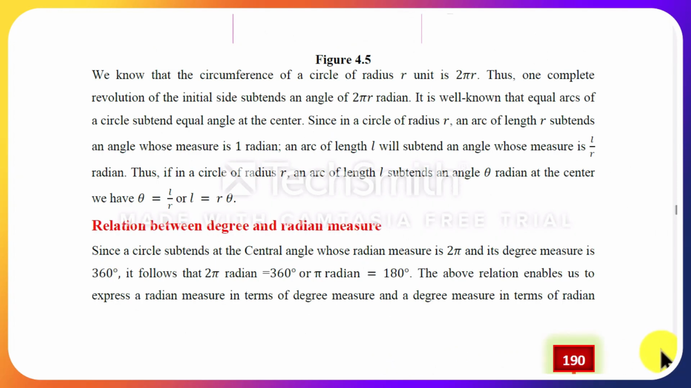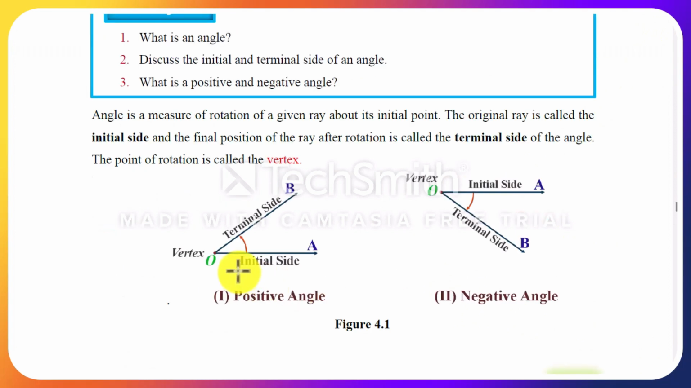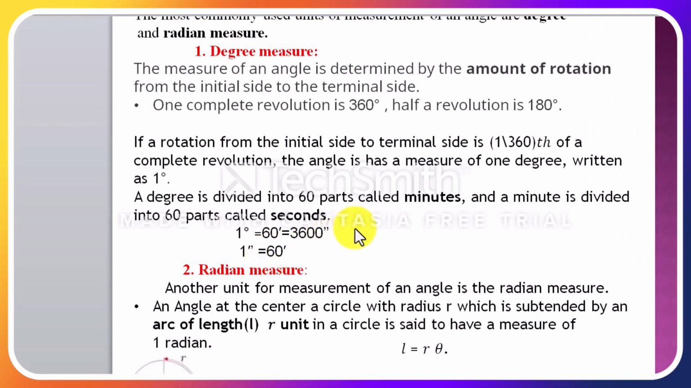So let us see some examples based on this. እዚህ ጋር አሁን ባየነው መሰረት የተወሰኑ እስቲ ጥያቄዎችን ለማየት እንሞክር። You see, in this case, the ray is rotated in this direction. It is referred to as anti-clockwise or counter-clockwise direction. ሰዓት ከምትዞርበት በተቃራኒ ያለው አቅጣጫ። The second unit, another unit for measurement of an angle, is the radian measure. ቅድም እንዳልነው ሁለተኛው አንግልን ለመለካት የሚጠቅም መለኪያ አሃድ ራዲያን ሜዥር ነው።